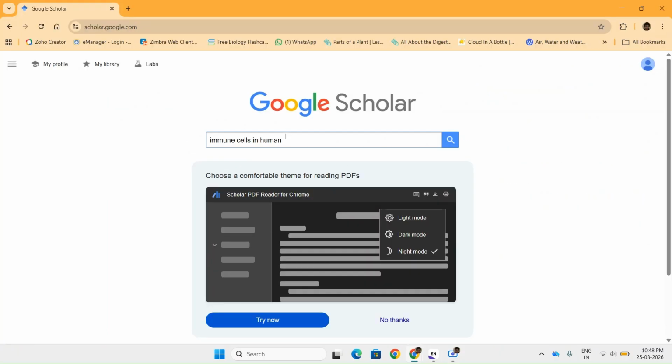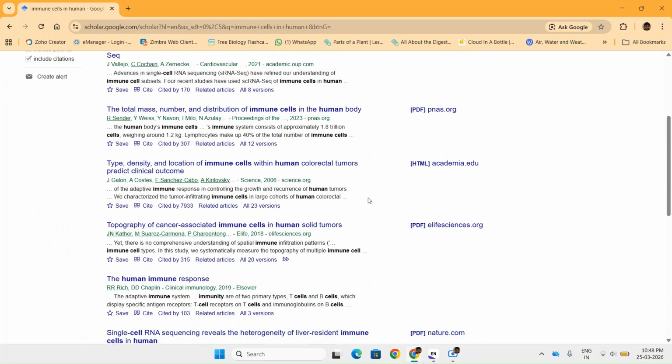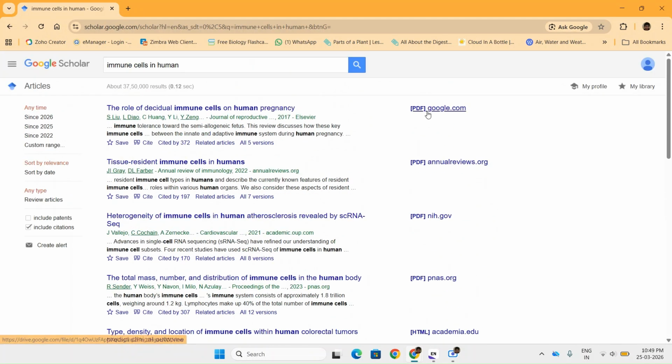I hope all of you are familiar with Google Scholar and we use it quite often. So once you put in the keywords or the entire paper title, you'll see a list of references like this. Here I want to tell you an important thing. You find various papers, and those papers which have PDF access, that is the full paper access, will be displayed here. That you all know, right?